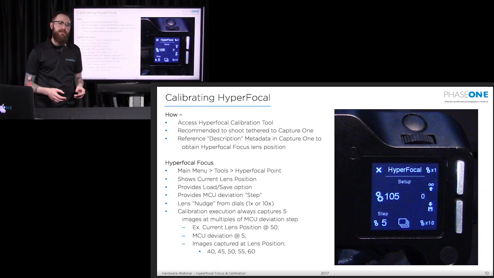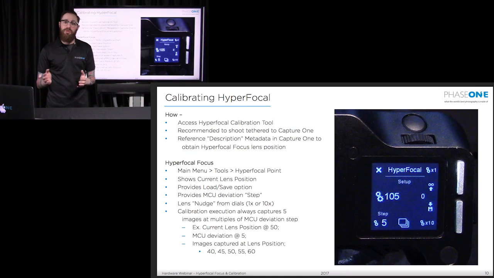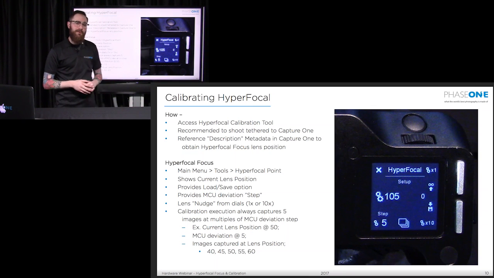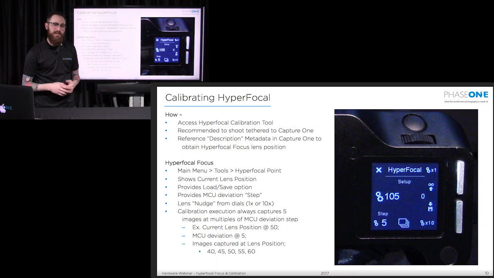On a wide-angle lens, a value of 105 will be almost at close focus, whereas if you put this on a 120 macro, a value of 105 will only be a nudge away from infinity. So it all depends on the actual lens that's on there. This is not an absolute value. It is not universal to every single lens on the camera. It is specific to the lens, and it all depends on how much precision the lens actually needs. So the longer lenses, like the 120 all the way up to the 240, need a lot of precision.